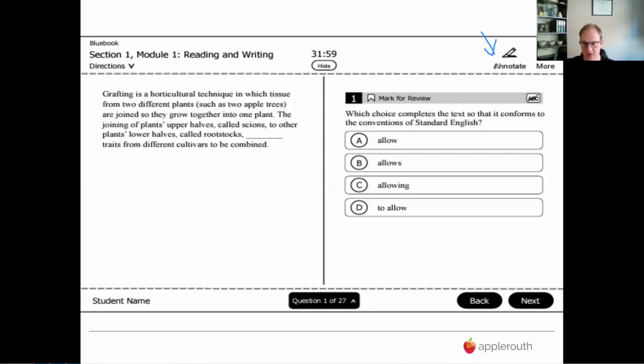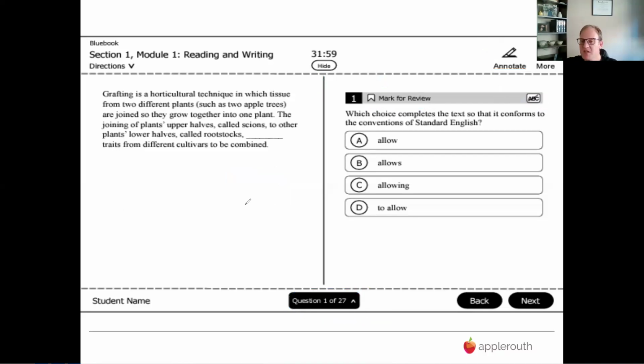You see the annotate button. That allows you to highlight or create a text box and type some things. This is just the time ticking down. You can hide it if it's distracting, but most people won't. This right here, and if my camera's in the way, I apologize, you can slide it. But the answer eliminator, I'd say incredibly important for verbal in particular. Mark for review is for a question we take a lot of time on and we know we want to come back to. You mark it, and then when you click down here, you'll see all the questions, including the ones you've marked.